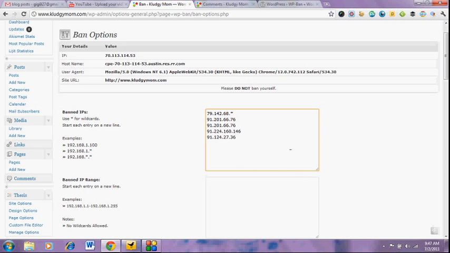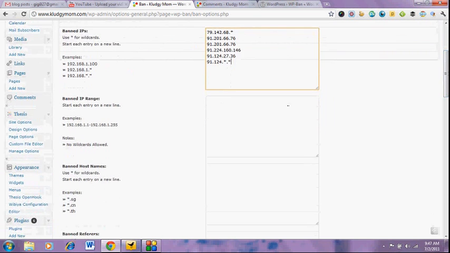This plugin also allows you to use wildcards. So let's say that this spammer is coming in under 91.124.27, 91.124.28, and he's doing a bunch of different IP addresses with different extensions. All you have to do is type in 124 asterisk, and it will ban any IPs with that extension on it, which should get most of those spam comments all at one time. You can also ban IP ranges,